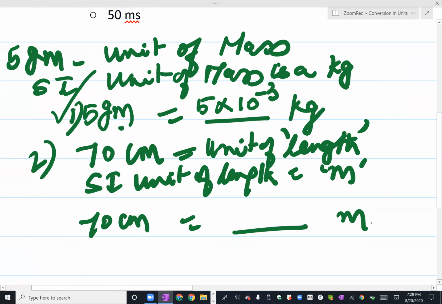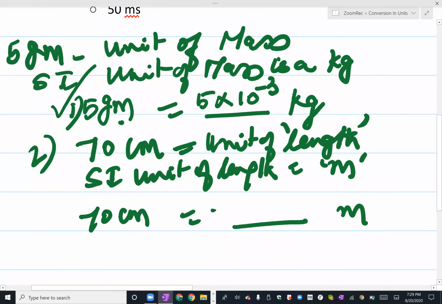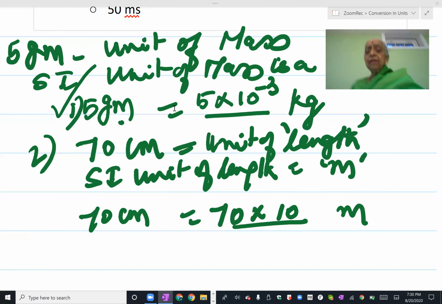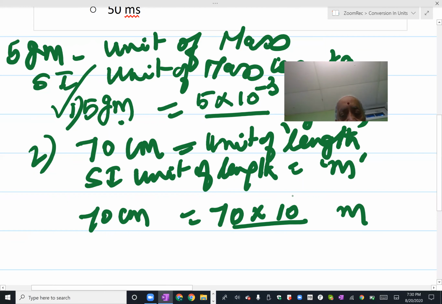As I told you earlier, the centimeter is a small part of a bigger unit, that is meter. Therefore, what you do is you write first 70 and then put 10 to the power of, centimeter to meter. And just to see how I'm doing the counting. After centimeter, leave alone the centimeter, don't take that into account. After centimeter, you have decimeter, 1 finger to go, and then meter, another finger to go. You stop because that right hand side meter unit has already come. Therefore, it will be 10 to the power of minus 2.